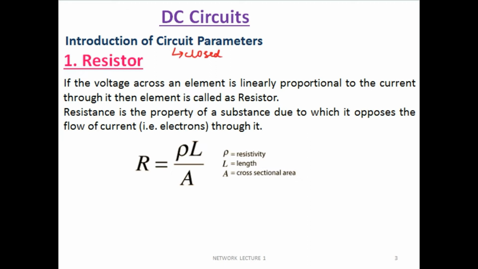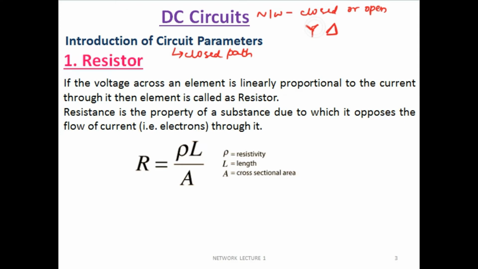You have also heard the terminology network. A network can be closed or open. So a network can be closed or open, like the open networks star and delta. These come under the category of network because they are open networks.